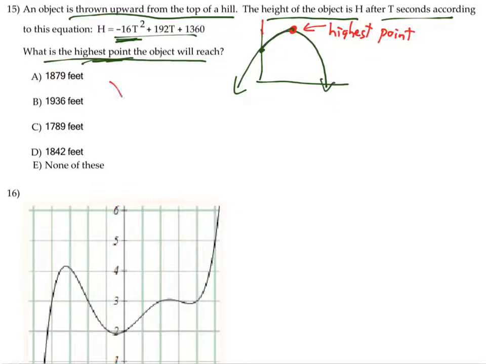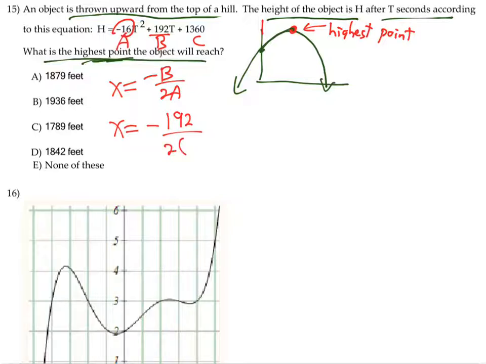Remember the equation is x equals negative b over 2a. It's the outside of the quadratic formula, the beginning of the quadratic formula. So x equals, now what's a and b? Well, a is negative 16, b is 192, c is 1360. So negative b, 192, over 2a. So x equals,